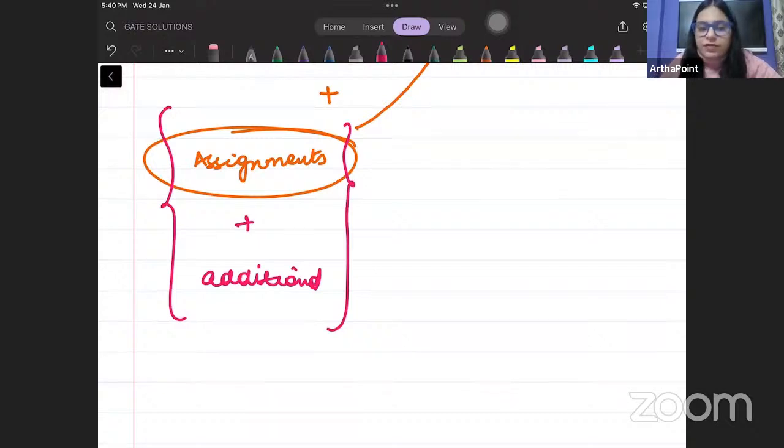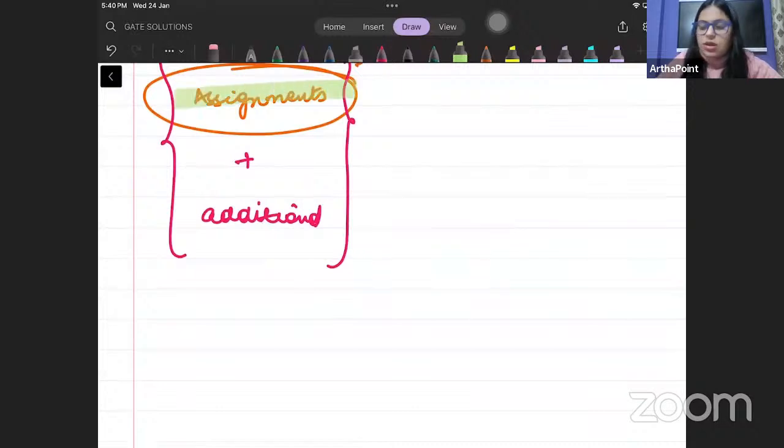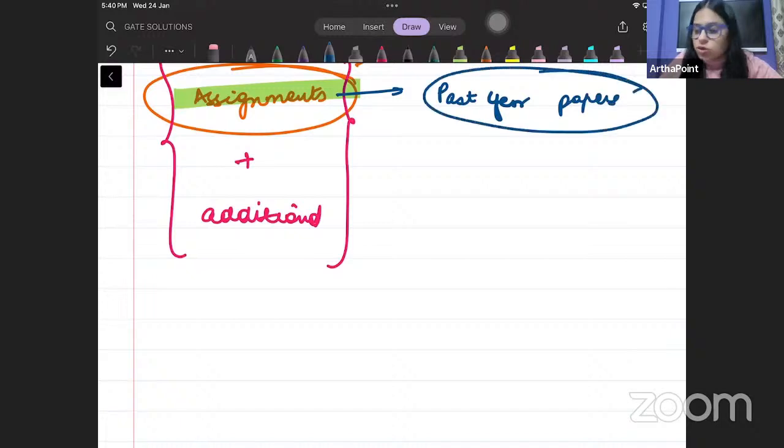Now, whenever we do this revision, these assignments will have a lot of questions from different past year papers. You need to make sure that you are able to do most of these past year papers on your own, without looking at the solution or even the answer key. Try to think like you are sitting in the final exam and you have been given this question. Try to give your 100% to each question before you look into the answer key or the solution, and then look into the solution.